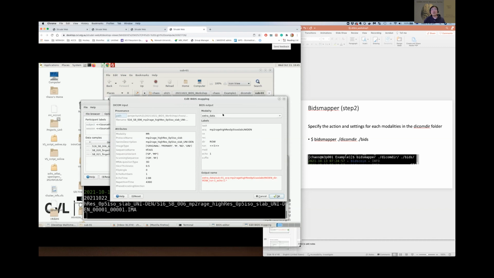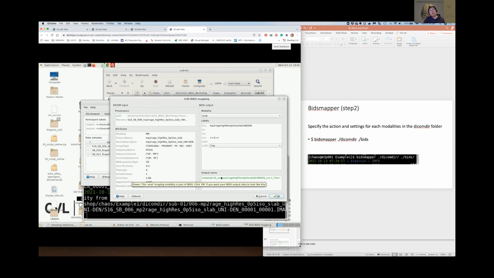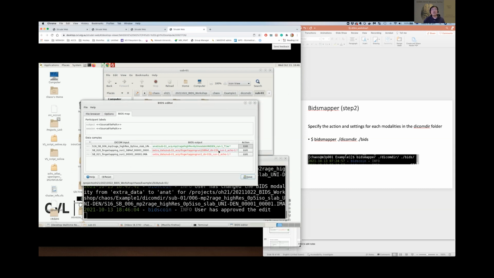But what I like is this part. You can tell it what modality it is. I know this one is structural, so it's anatomic. Then you have a choice to put a suffix: T1, T2, etc. So this is really cool. If you know what it is, you just put it on there, and the output name will be generated automatically. Of course, you can always change this, but that's related to the flags of the DCM to NNX. If you want to play with it, you can do it later in another tab in the hands-on session. Click OK. And then this one is the reference image.